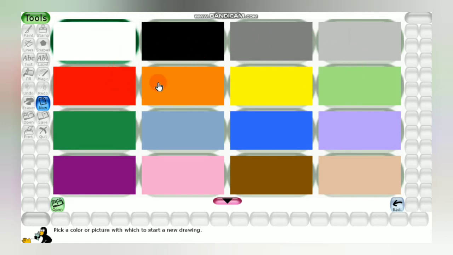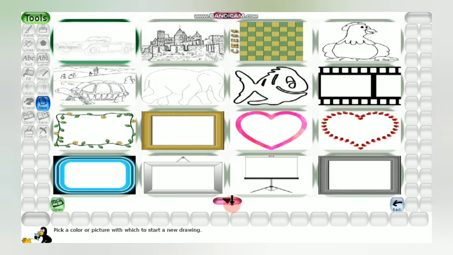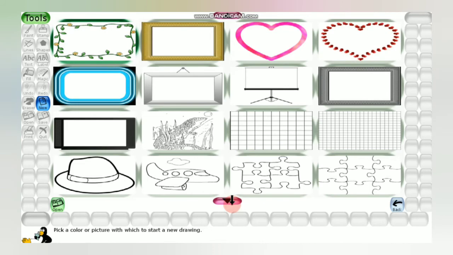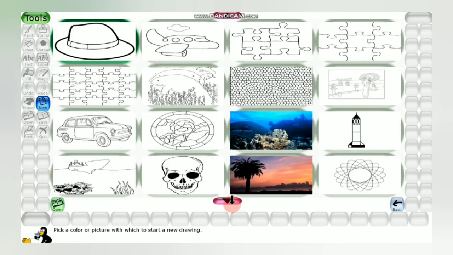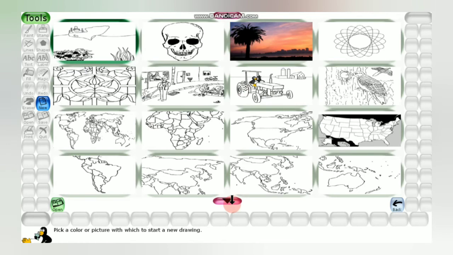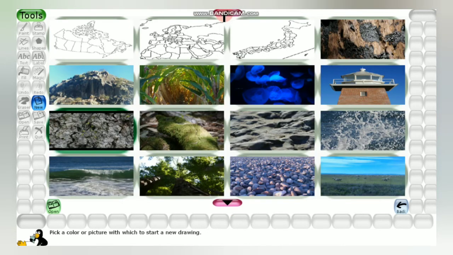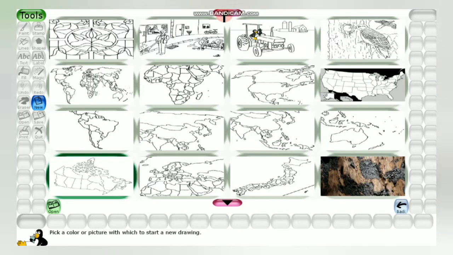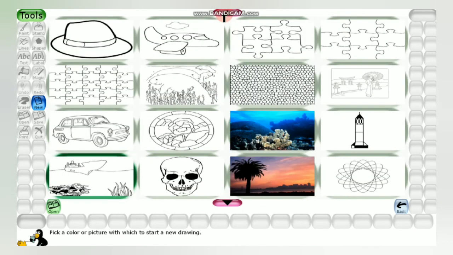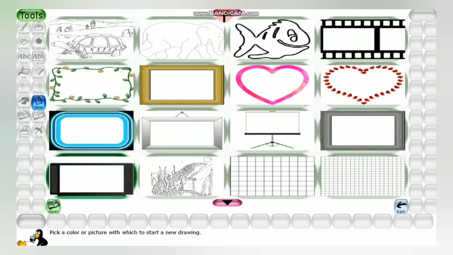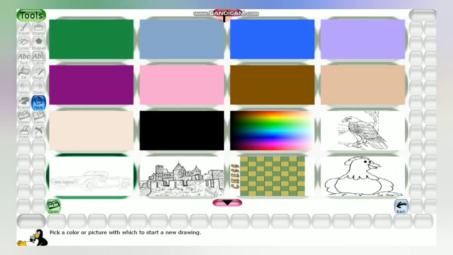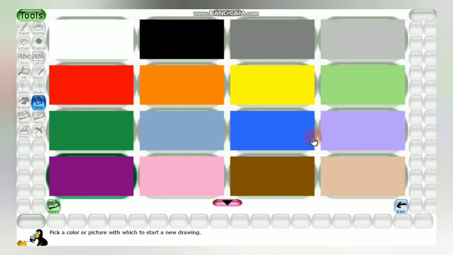You can select any one page, and there are plenty of drawings as well. If you don't want to draw anything or just want to color, you can select any of these. You can select any one and color it. If you want a blank one, you can select any of these, and these have colored screens. You can choose any one of these for your drawing.